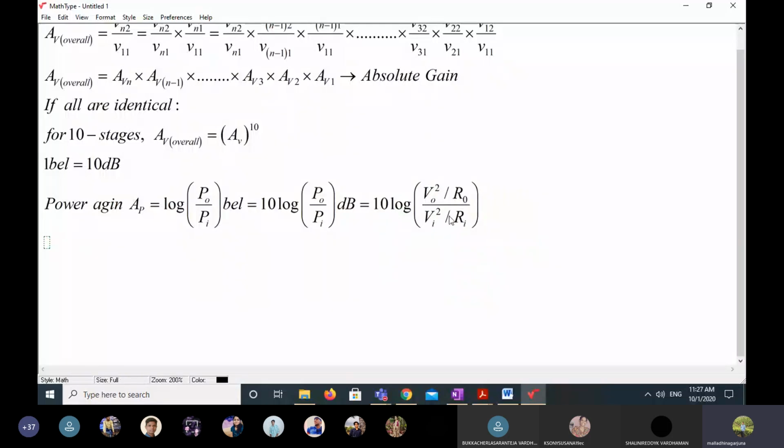Generally, if you take the common emitter amplifier, the input impedance and output impedance are both moderate, so both will cancel. So finally, the voltage gain,